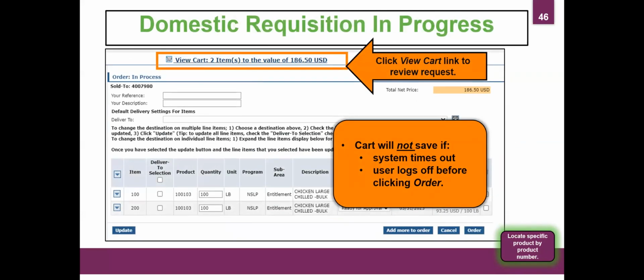So once all of the materials are listed for the desired processor, then at this point, we can select View Cart. So up at the top, if we log out during this time, we have lost our information, but you should have plenty of time as long as we keep it based on material number to work through for this processor.